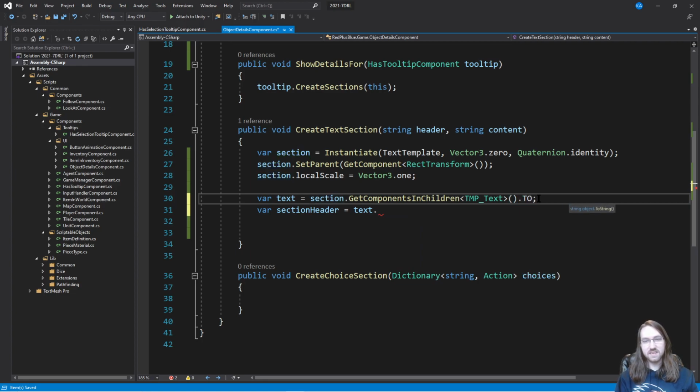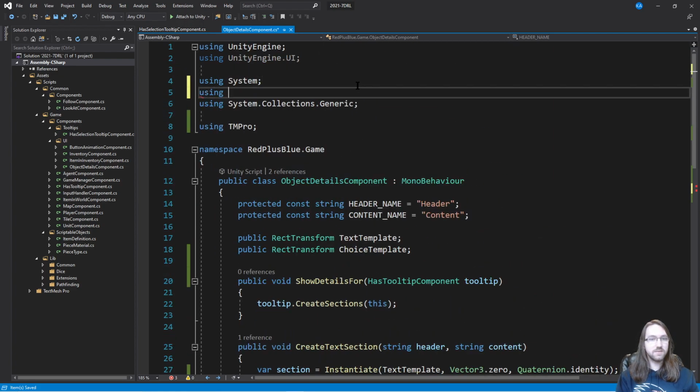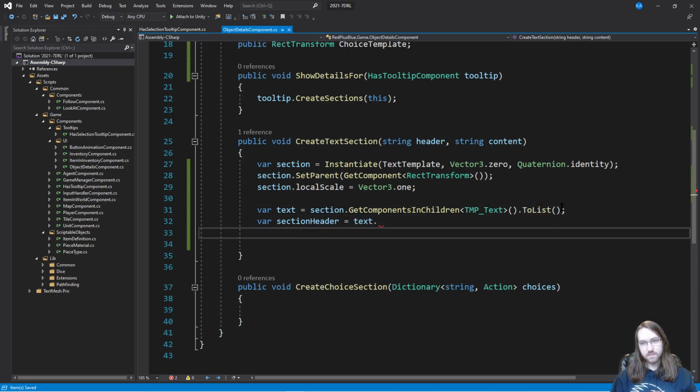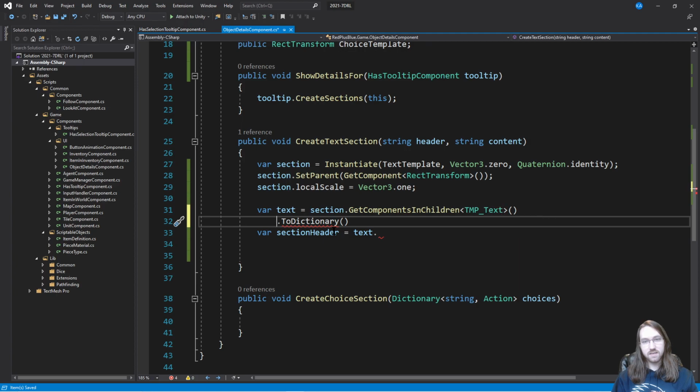No, I'm not doing that. Alright, I want this to be a list, so I believe that LINQ will let us do that. So we'll say using System.Linq. We can say .ToList, yes, okay. Or actually, we can do .ToDictionary. Yeah, we'll do that. And so what this will do is let us convert each text object to